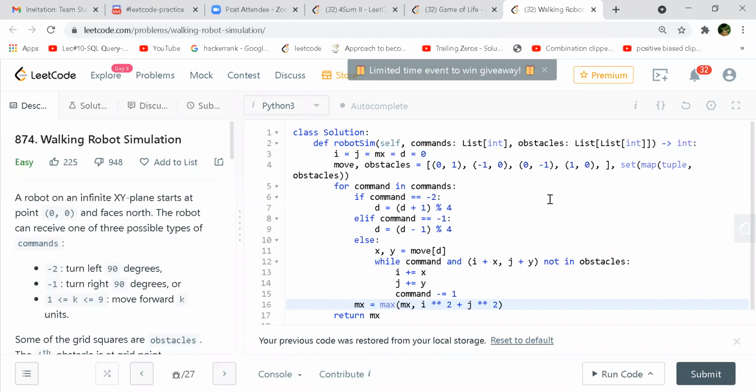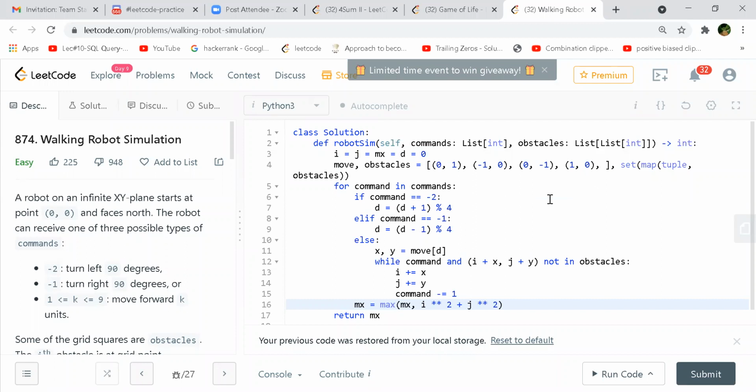And if we have -1, then we go to 1 comma 0. So you are saying what location you are initially? Like, if I am at a particular location and I get a -2 or -1 command.